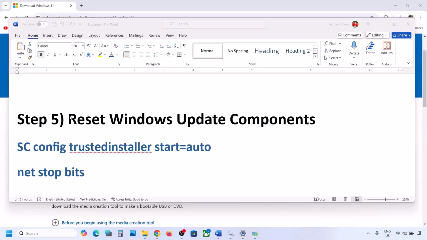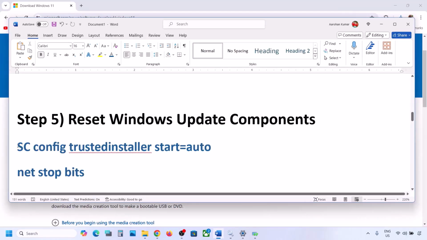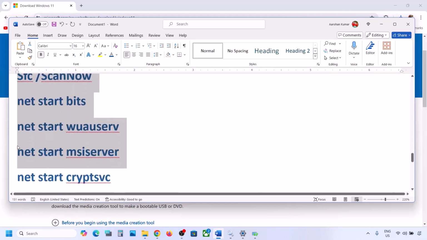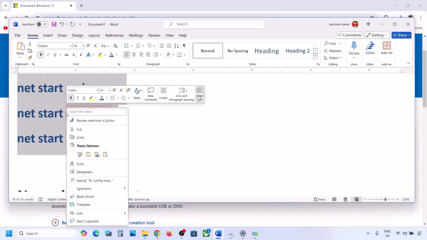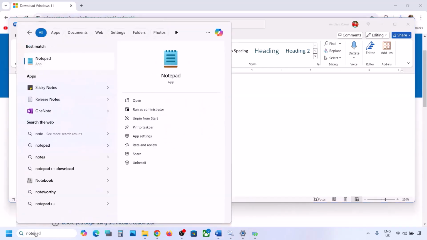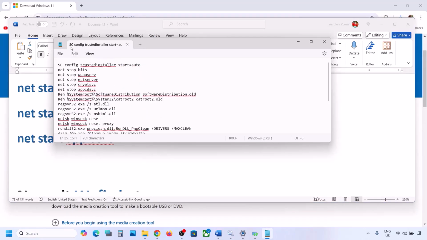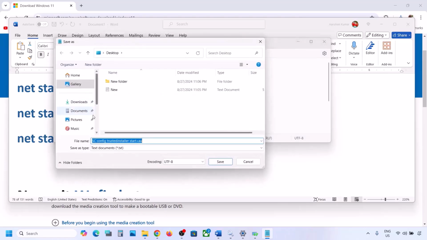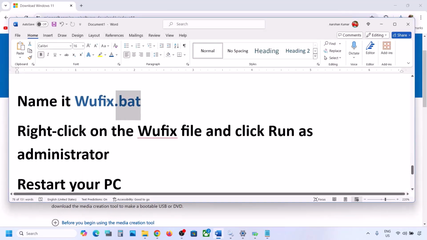Now the next step is to reset Windows Update components. For this, copy all these commands. These commands are provided in the video description, so copy them till here. Once you copy them, open Notepad on your computer, and then paste all the commands in Notepad, then go to File on the top, click on Save As, and then name this file as